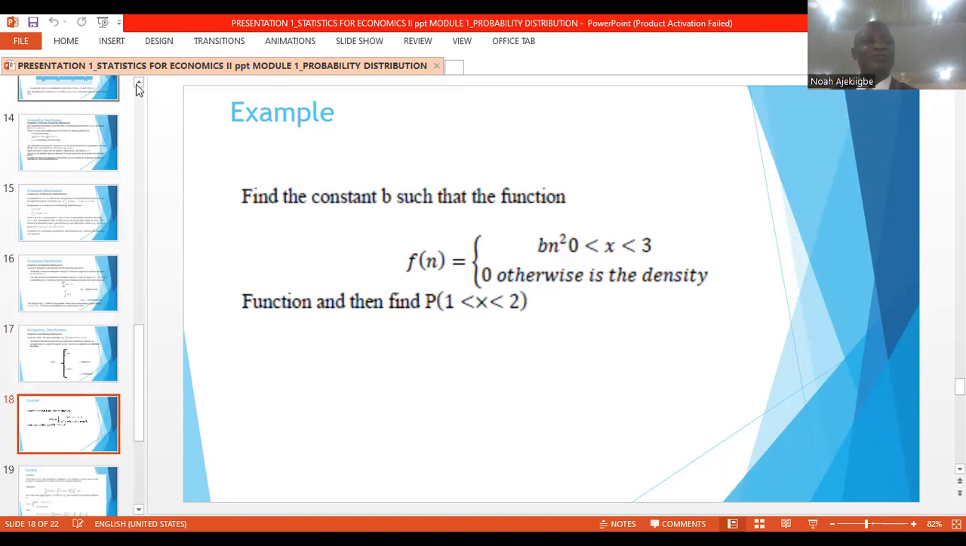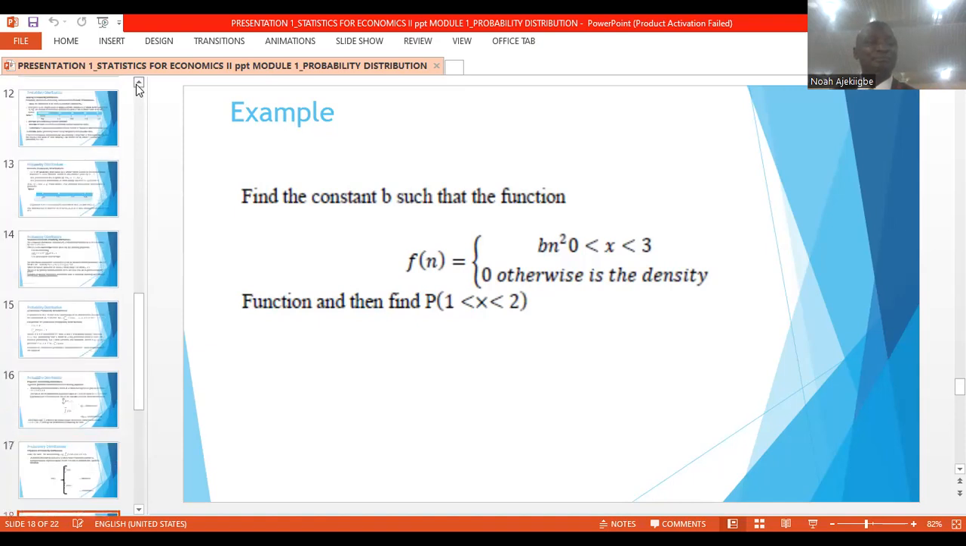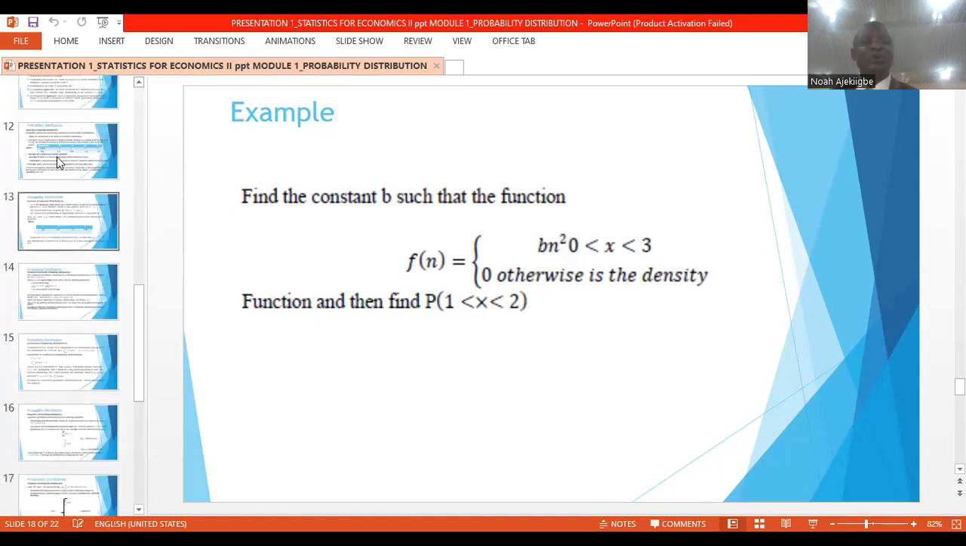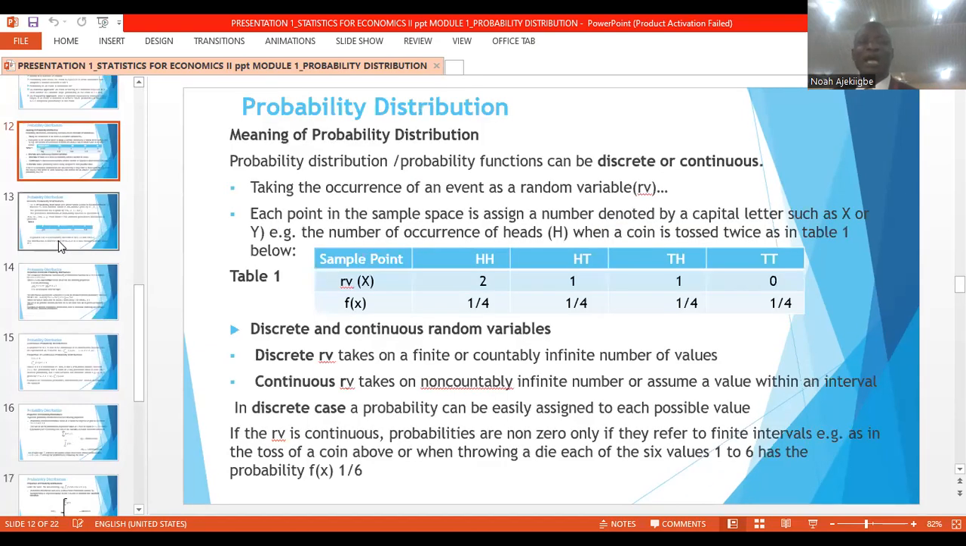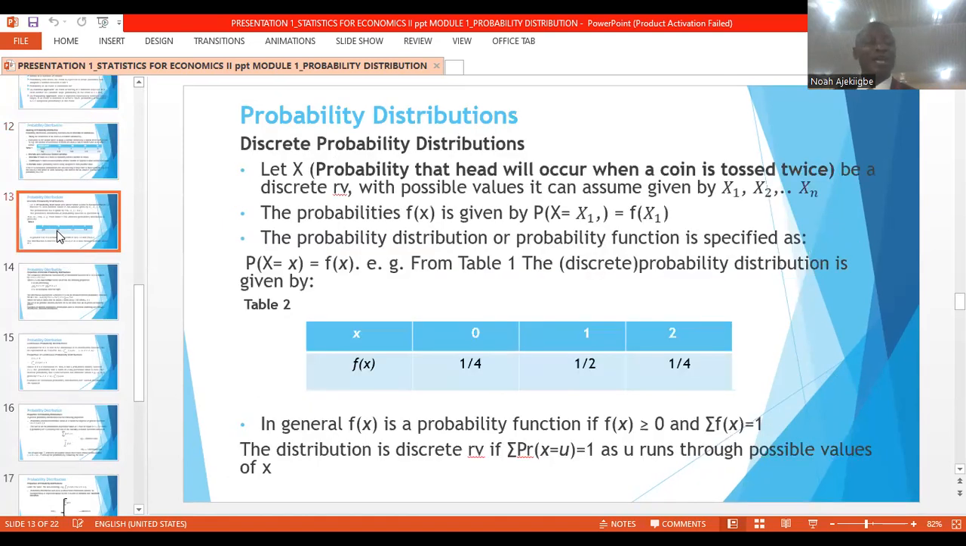Take for instance, if I take you back to slide 12 and 13 now, you have the random variable assuming value X, and in this case you have the random variable assuming values of 0, 1, and 2. Now, if you want to calculate the mean, it will be the summation of X for a discrete case, X multiplied by f of X, which is the probability distribution, probability of that